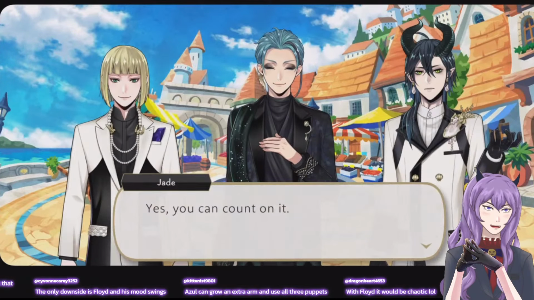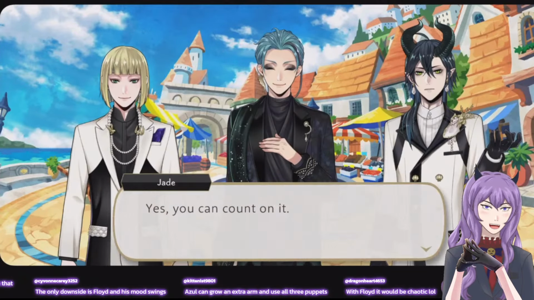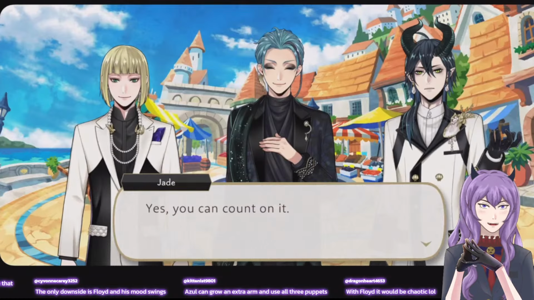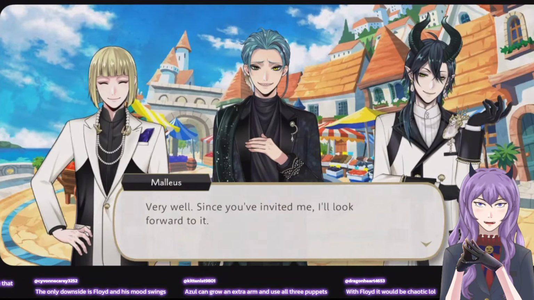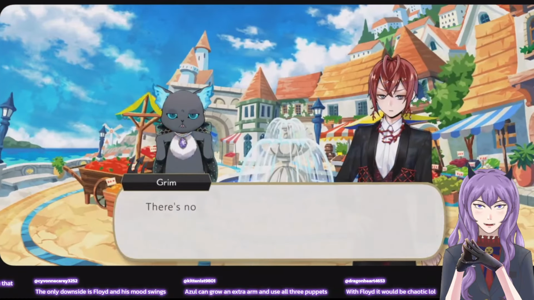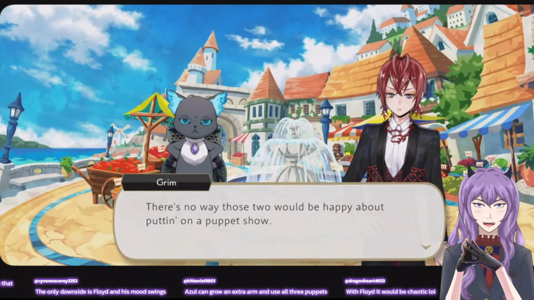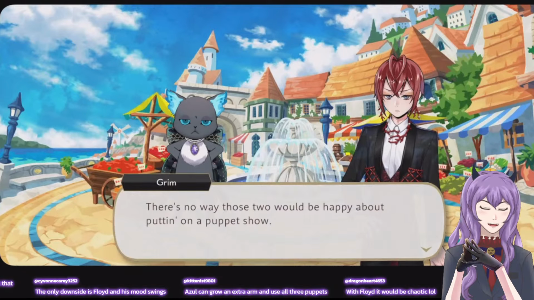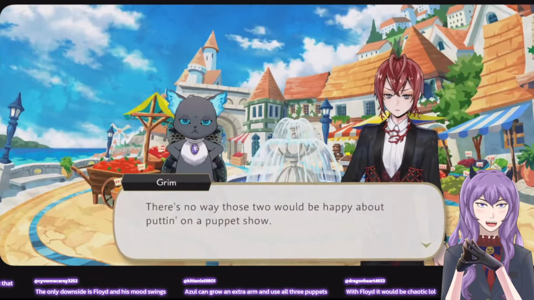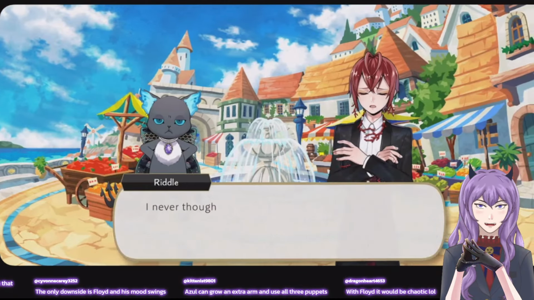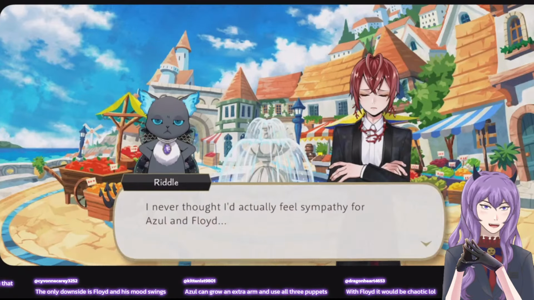Oh, Jade's gonna do a puppet show. Okay, because if this doesn't happen, if there's no puppet show at Monster Lounge, I'm gonna claim this was false advertising. You better make it true. Malleus just shows up being like, where's my puppet show? I was invited to a puppet show and I do not see one. And what are you gonna do? Turn Malleus away at the door? You gonna disappoint him? You gonna make him mad?